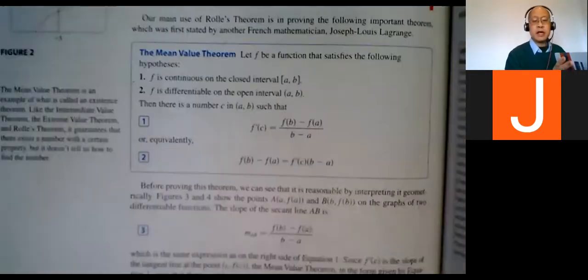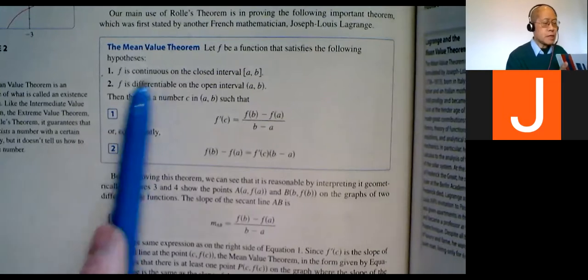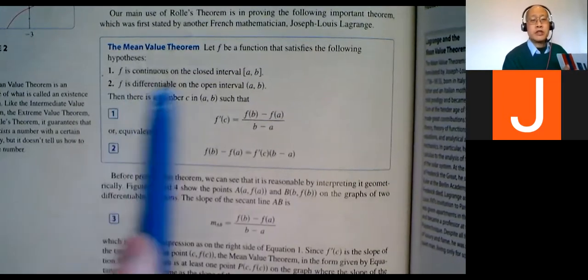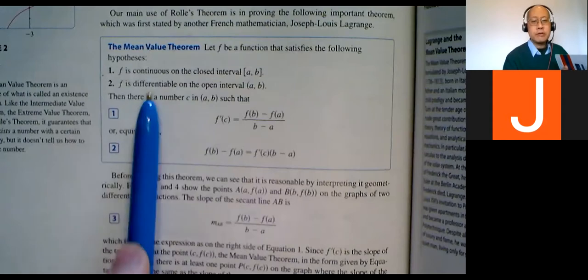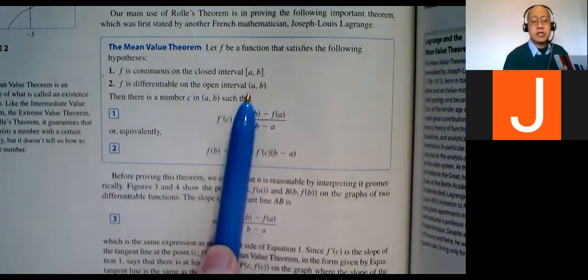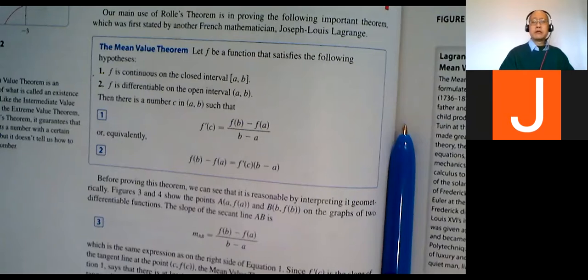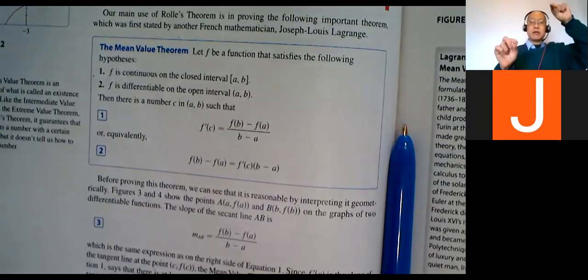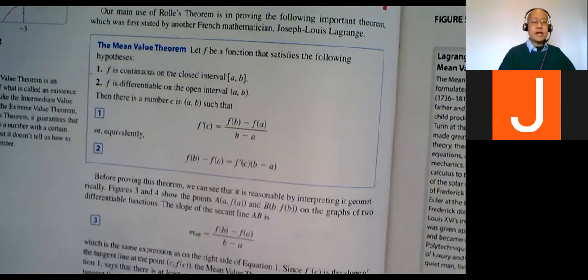So page 288. Again, you're welcome to put this on your next cheat sheet if you wish. 1, f is continuous on a closed interval a to b. 2, f is differentiable on an open interval a to b. That's just like Rolle's theorem, but there's no number 3. So there's no requirement that the 2 endpoints are the same height. It might look like that, it might look like that, or whatever. So if they're not the same height,